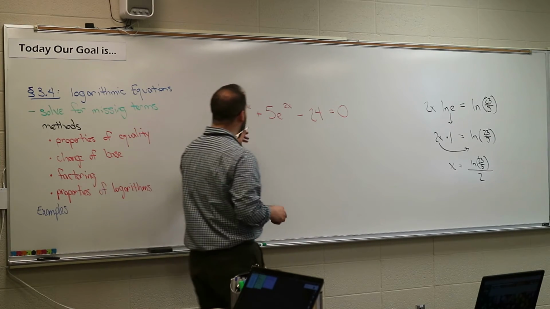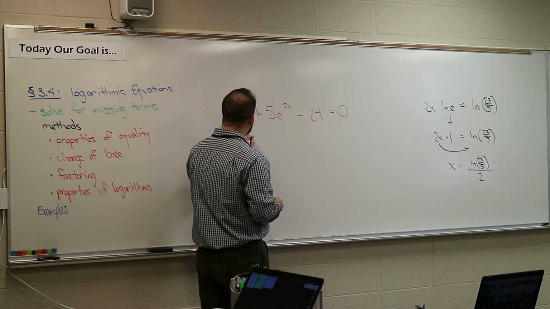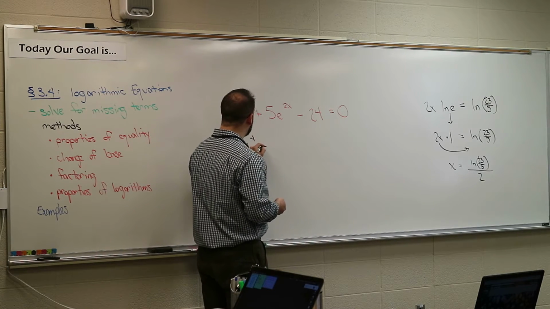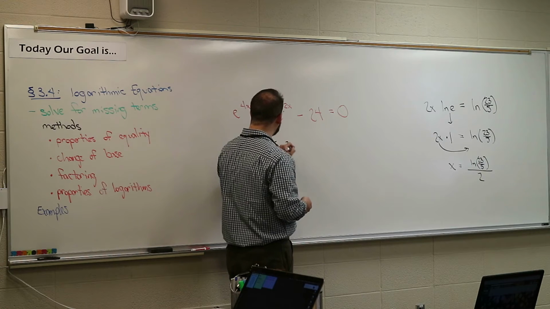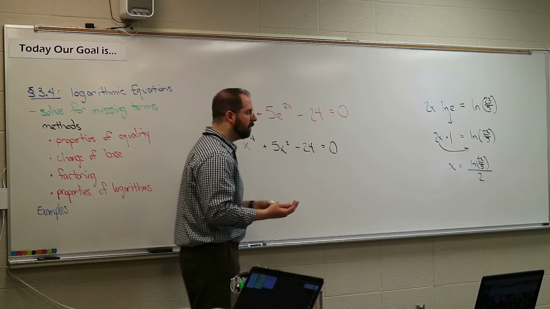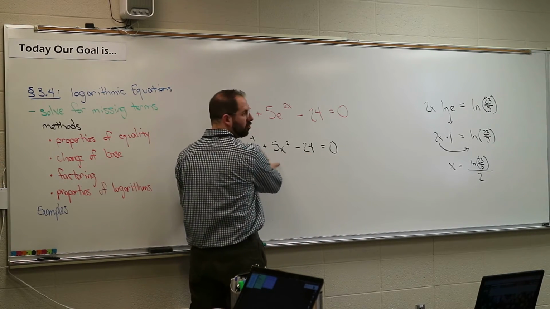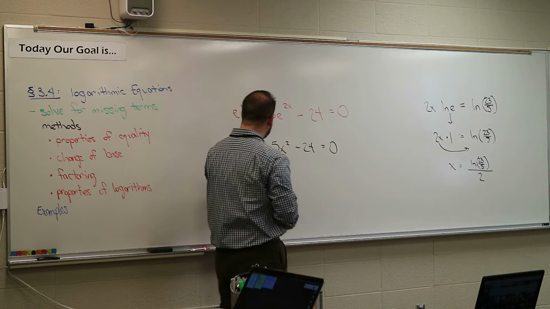So in this problem, when I see it, this is literally kind of what I see in my head. I see e to the, like, x to the 4 plus 5x to the second minus 24. This is basically the style of problem that I see. You know, like this is an algebra 2 problem that you've had, where it's a trinomial. You could break it up by factoring,